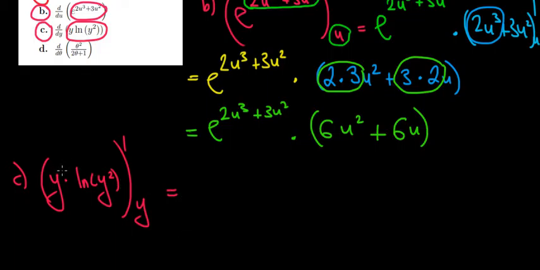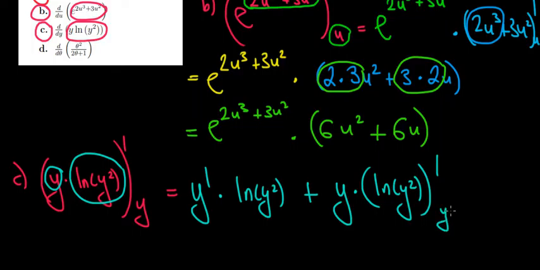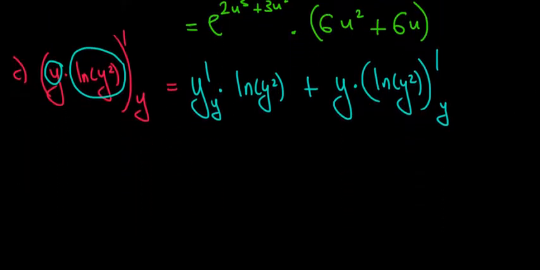So we differentiate term by term. Y derivative times the other term. We have y derivative times ln of y squared, and then plus we have y multiplied with the derivative of the second term. So we will have ln of y squared derivative with respect to y. Let me just write these indexes so that we know what we're differentiating with respect to. Now y derivative with respect to y, that's just going to be 1. So 1 times ln of y squared plus,